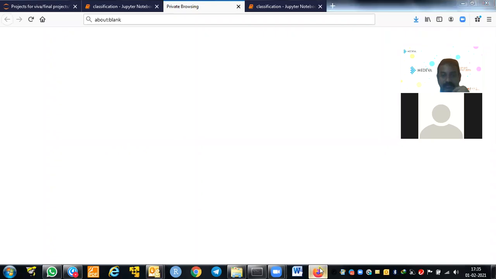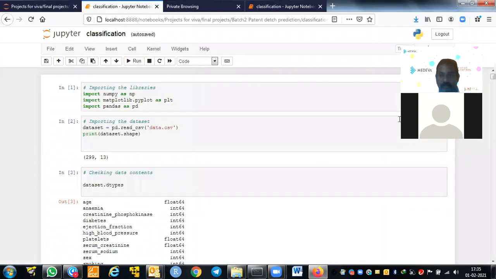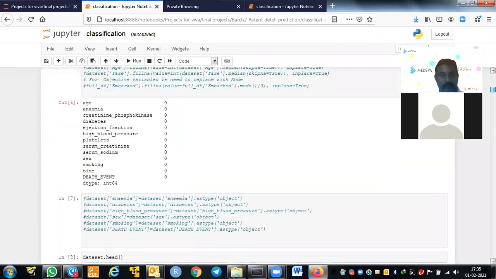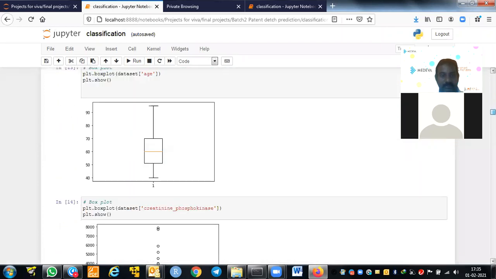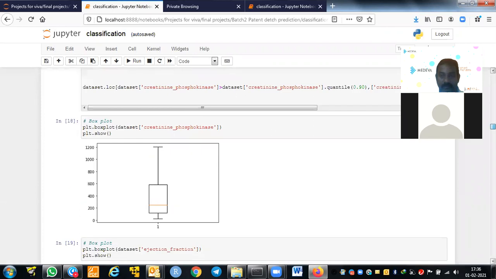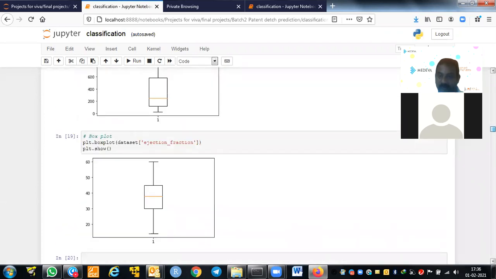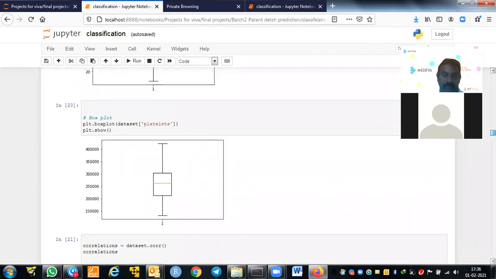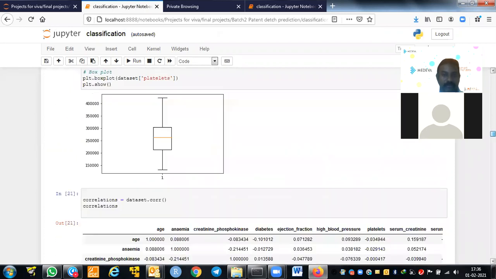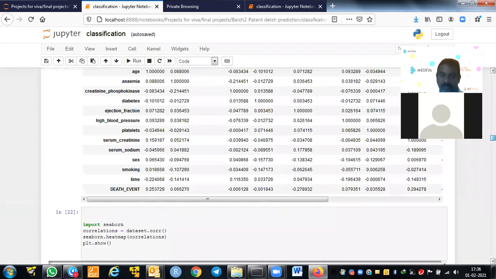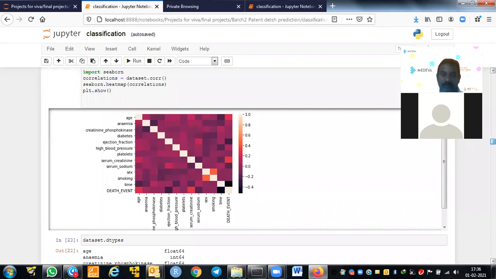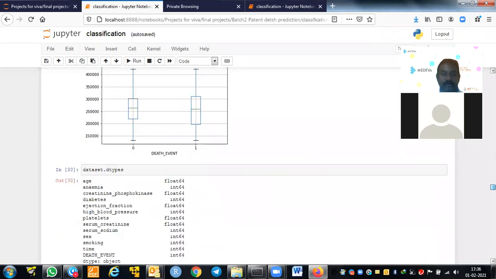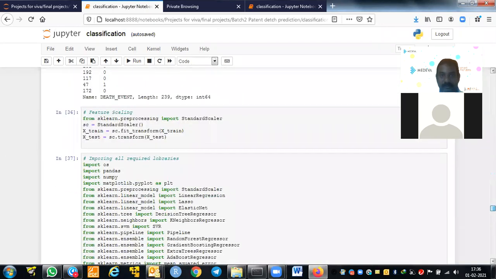So let me summarize your project. You have to predict whether a particular patient is dead or not, based on the criteria. You read the data, check for missing values, remove the outliers, then split the data into train and test, build the classification models and see the accuracies with all the variables. But working with a model with all the variables is not feasible. That's why you took the random forest. From the random forest, you took the key variables and built the logistic regression.